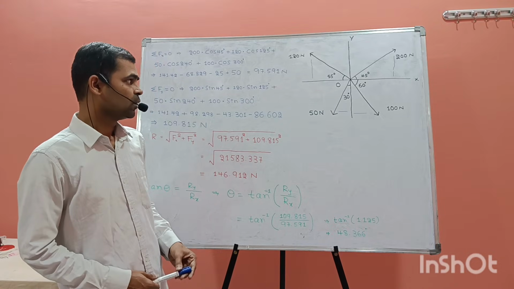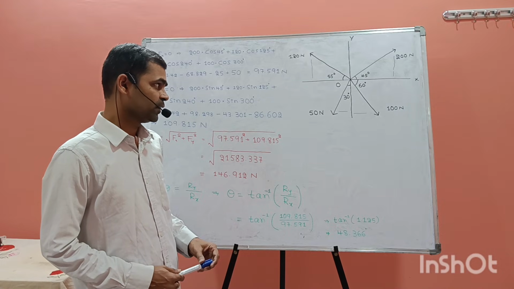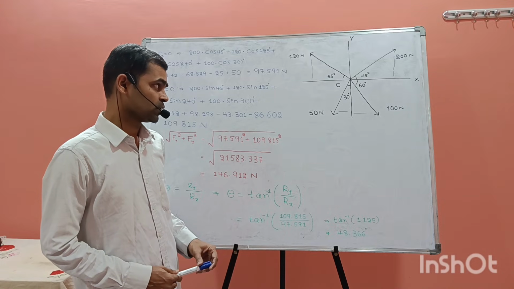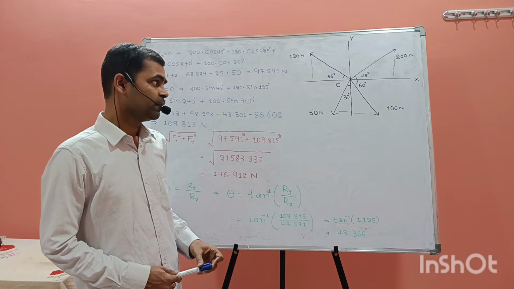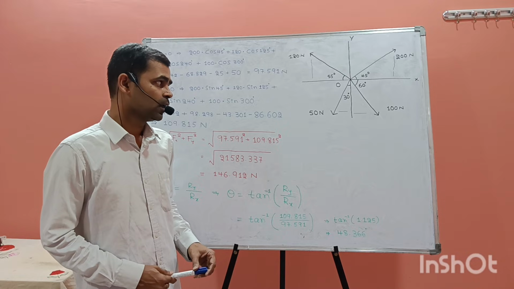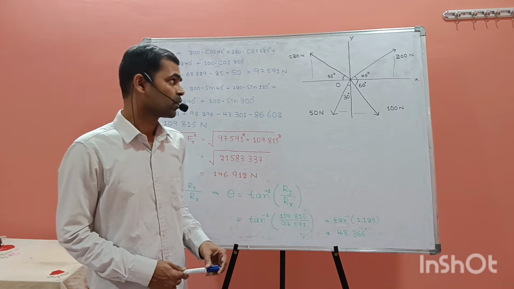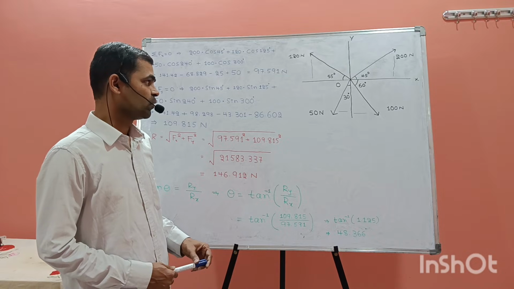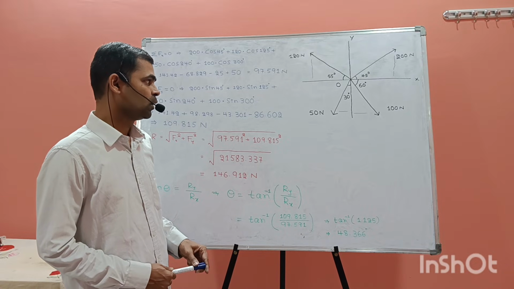When the forces are acting in one plane, it is called coplanar forces. When forces are acting in different planes, they are called non-coplanar forces. In the problem you can see 4 different forces are acting at a point O, and